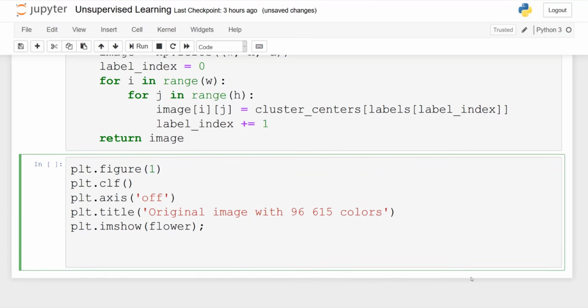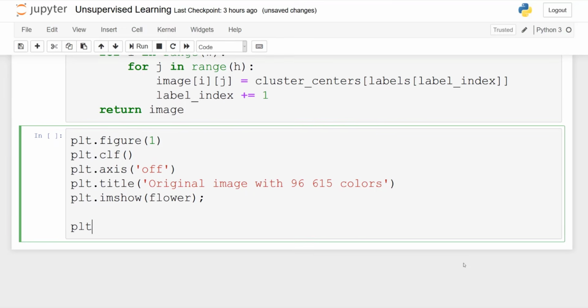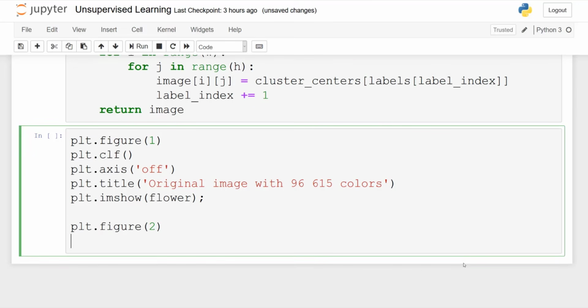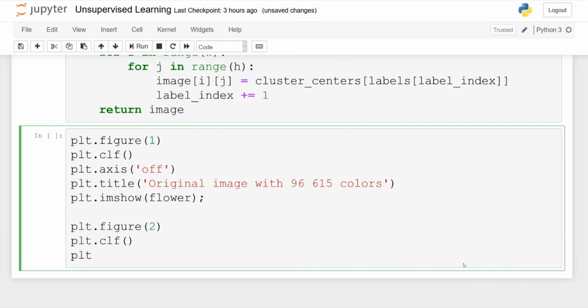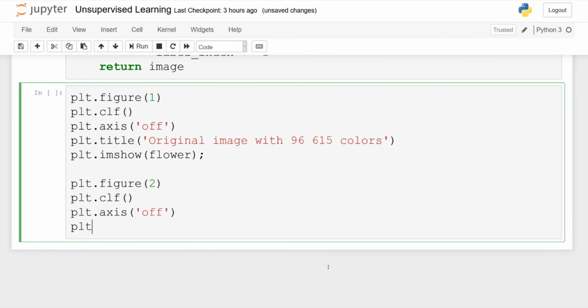And then we will show the original image, which in this case is simply flower. And now our second plot, so plt.figure2, here we will display the reconstructed image. So again, turning off the axes, the title will be a string.